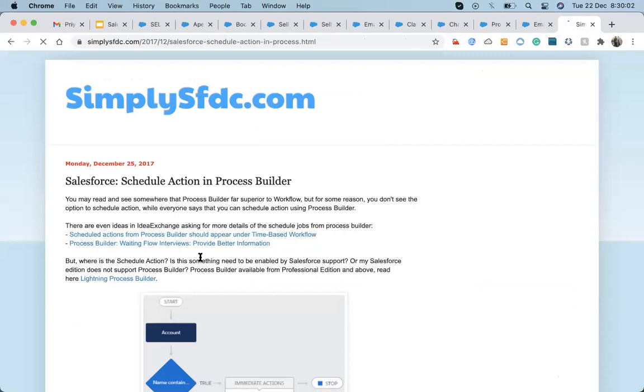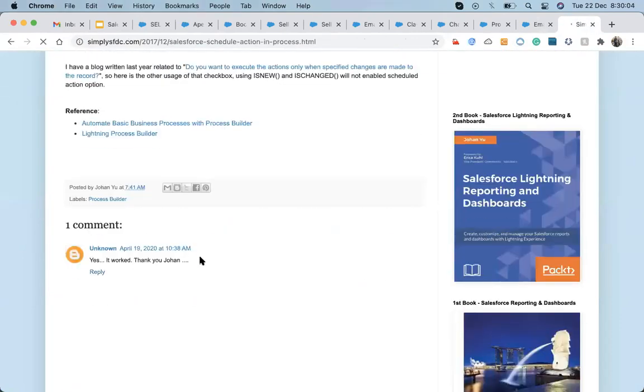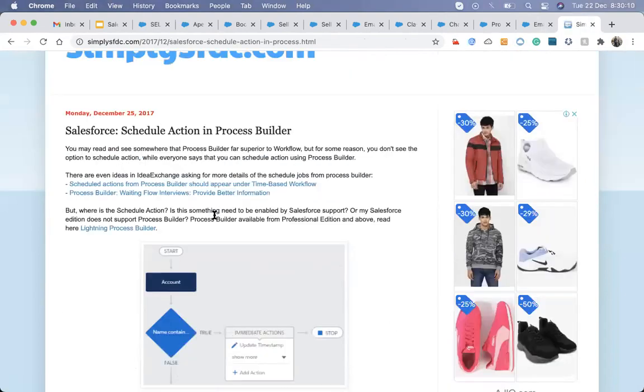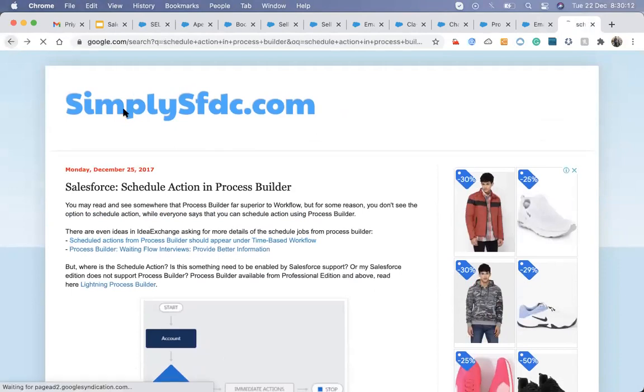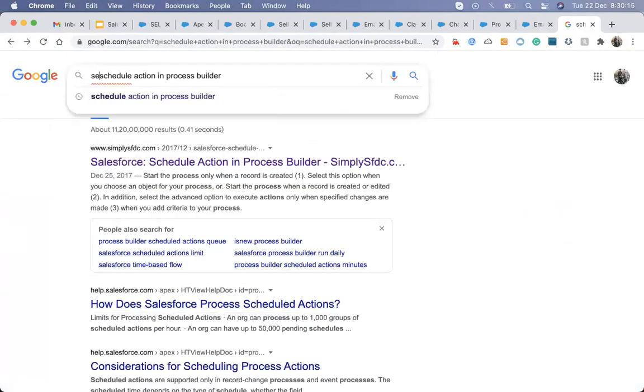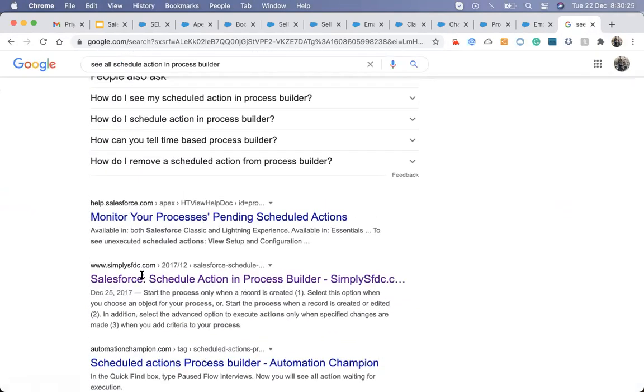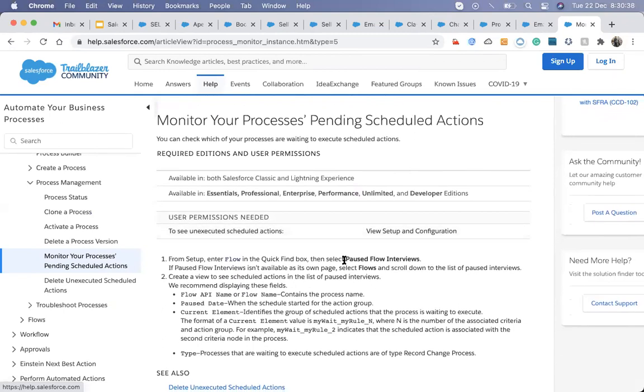Where do I see that schedule action? Is it allowed to see or not? That I need to check.